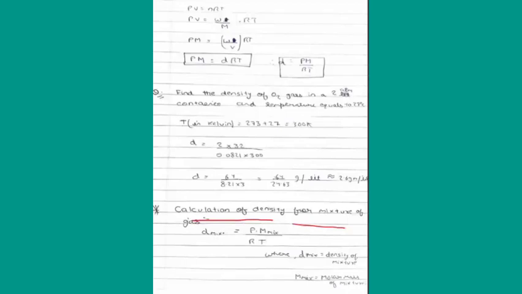liter. Now we will discuss calculation of density for a mixture of gases, which is similar to the above topic, calculation of density of gases. The above formula is d equals PM by RT. For the mixture, the density of the mixture is d mixture equals P M mixture by RT, where M mixture is the molar mass of the mixture and d mixture is the density of the mixture. For the calculation of density of a mixture of gases, there are three types of questions which can be asked, which differ by the clues given for finding the molar mass of the mixture.